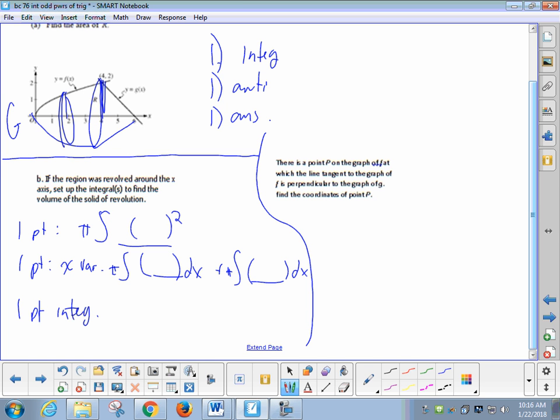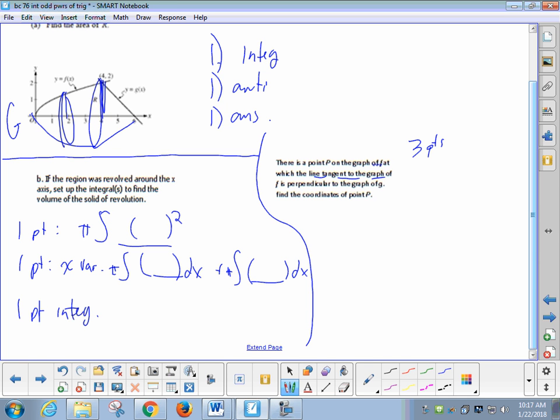It's not going to just all of a sudden happen that you can make a connection. Practice fighting and scratching and making some kind of connection, even if you're not sure. This was 3 points, and there is absolutely zero excuse to get a 0 or to put a question mark. None. It says right there, P is a point on the graph,